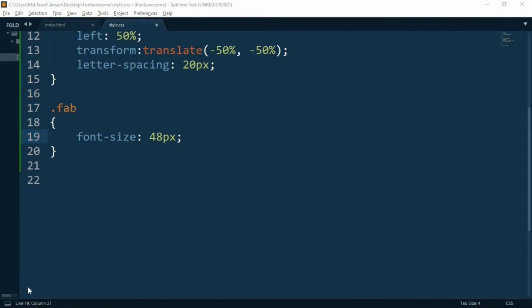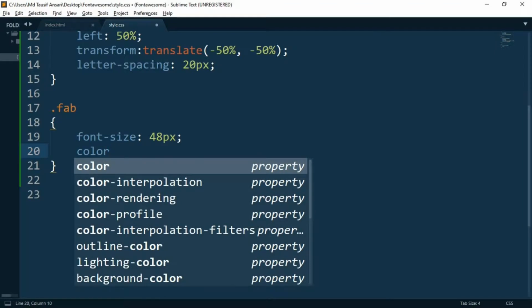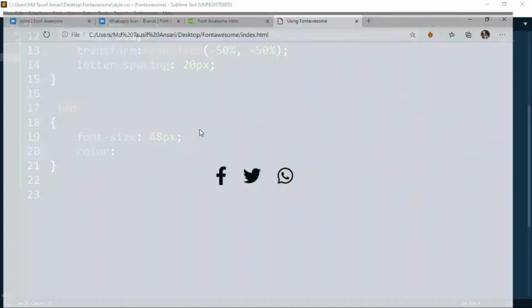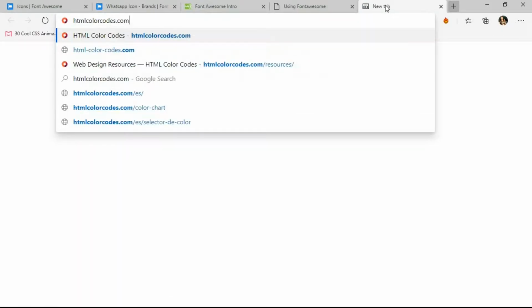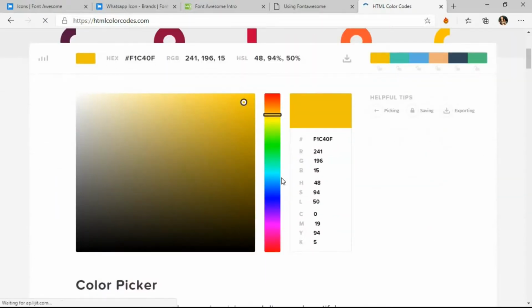So guys, if you want to change the color of the icon, all you can do is put this color property and select any color that you want. I usually go to the web page and type HTML color codes. Here it is, htmlcolorcodes.com, and it actually is a reserve of colors. It gives me colors that I have never seen before.